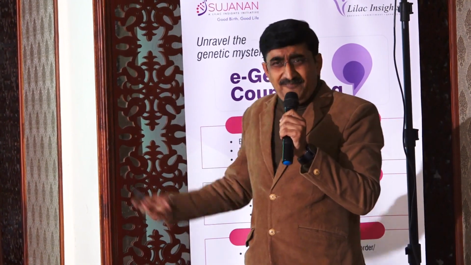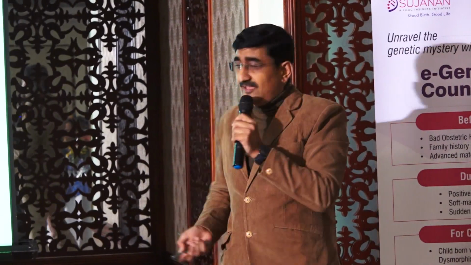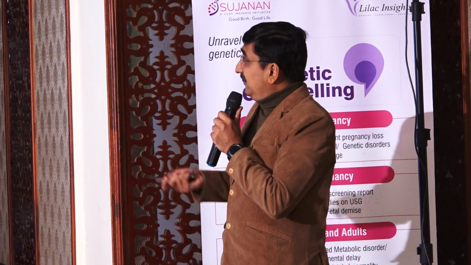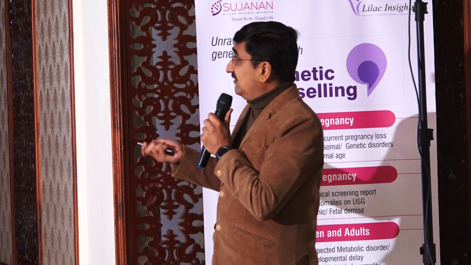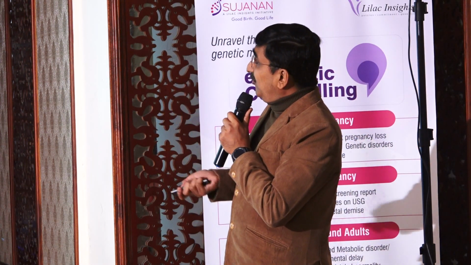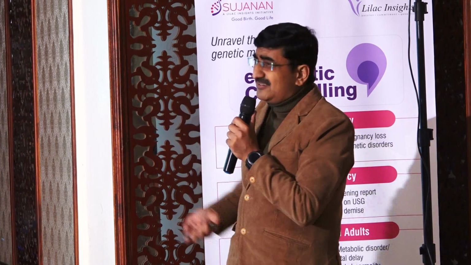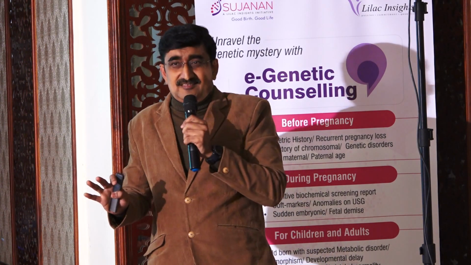Unexpected results. Obviously, whenever the results are unexpected, you can expect a case against you. Like you are missing anomalies or IUFD or something, and this type of news you will find, right? Test okay, but baby born with 1 arm, 1 kidney. Missed anomalies would be difficult to justify in the court. This list was presented in one of the cases, that these are the anomalies one should not ideally miss, right?